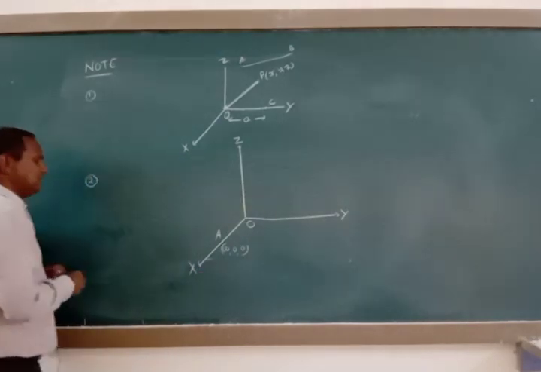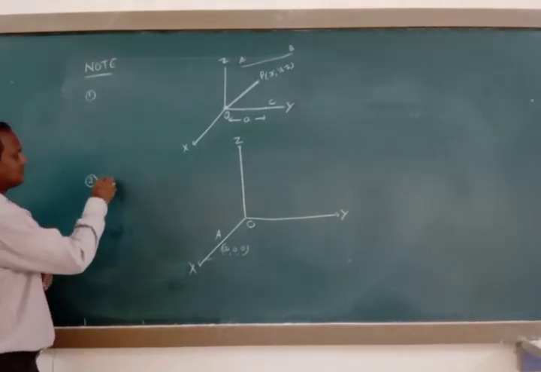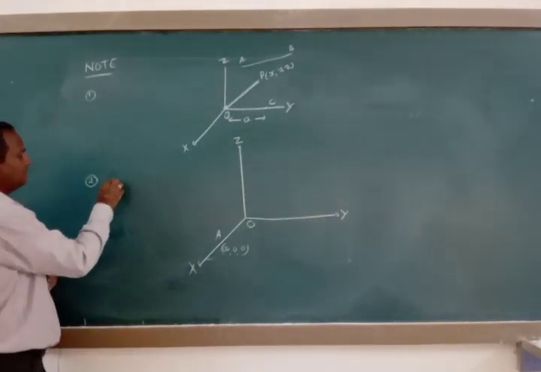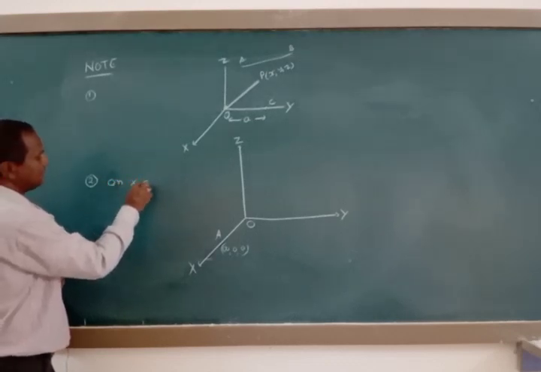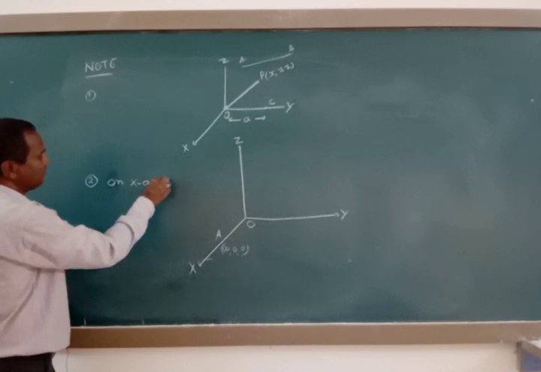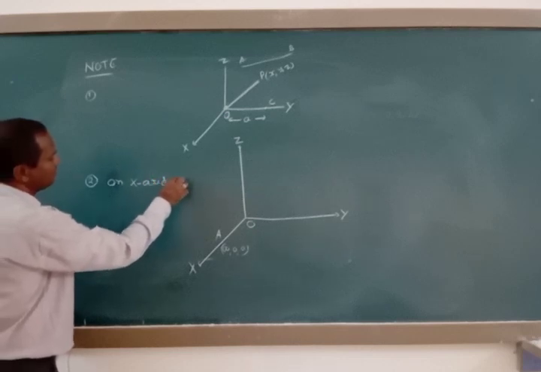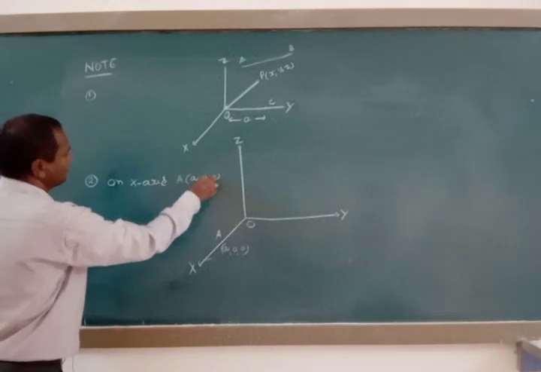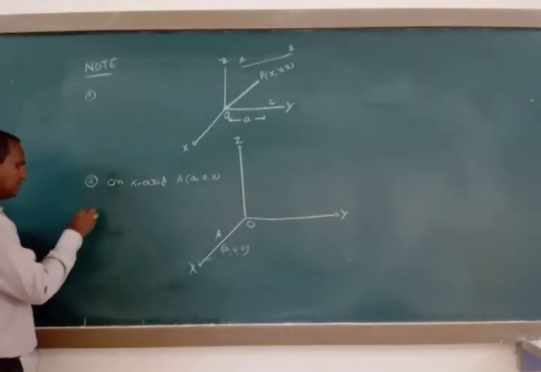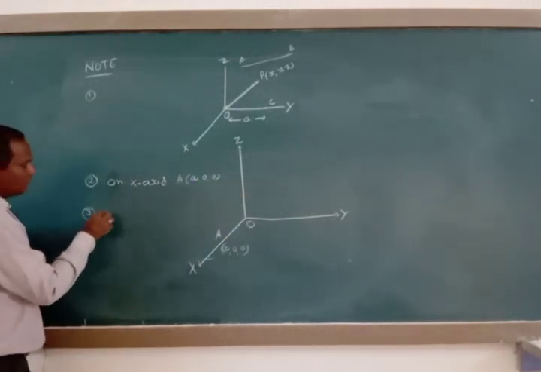So any point that lies on the x-axis is always in the form of capital A, (a, 0, 0). Similarly, if any point lies on the y-axis,